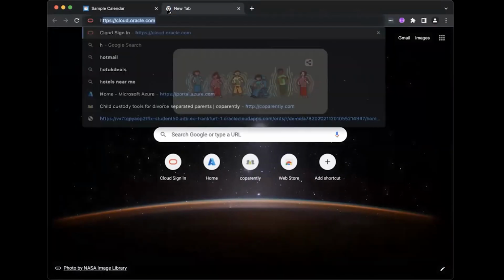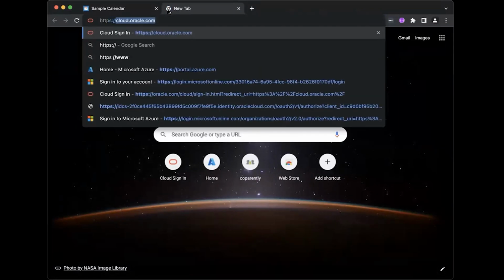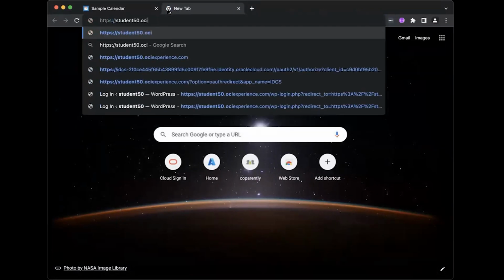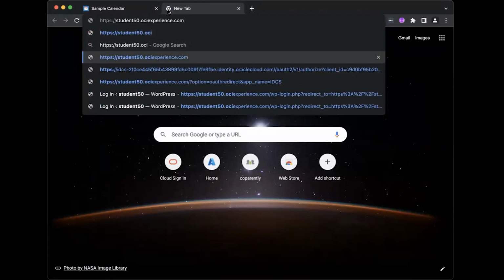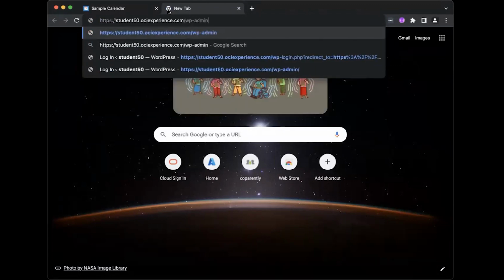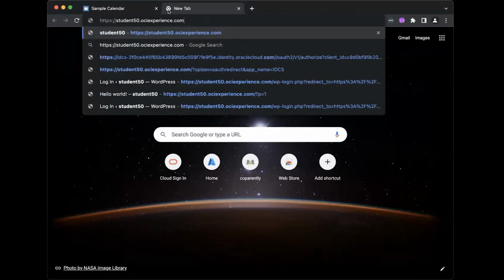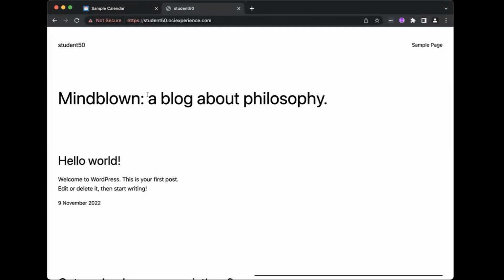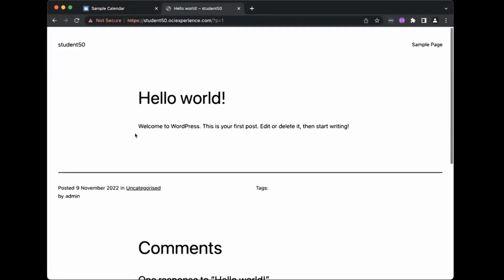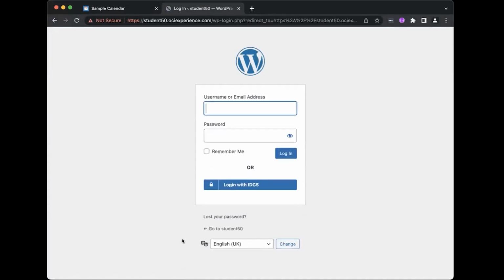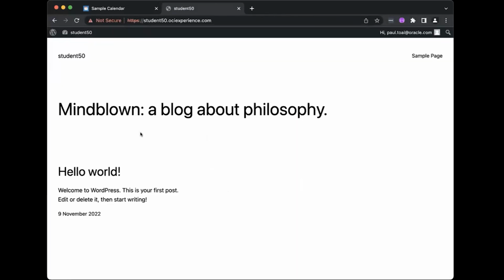But if I also go to my LCI student site, actually I won't do WP admin. Let's go to the home page. If I go to an article, I log into IDCS, I've got single sign-on. It's not asking me to authenticate again because I'm already logged into IDCS, because I logged in as part of